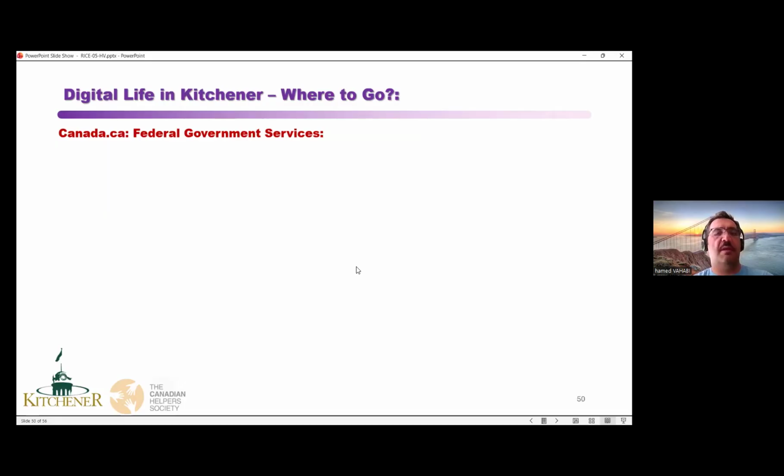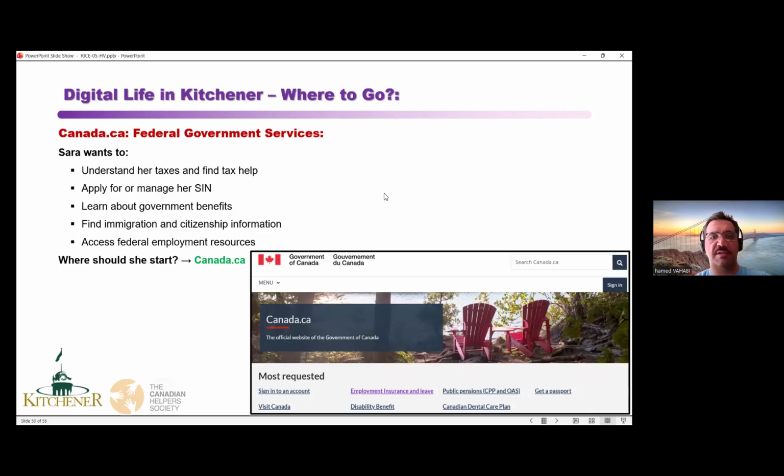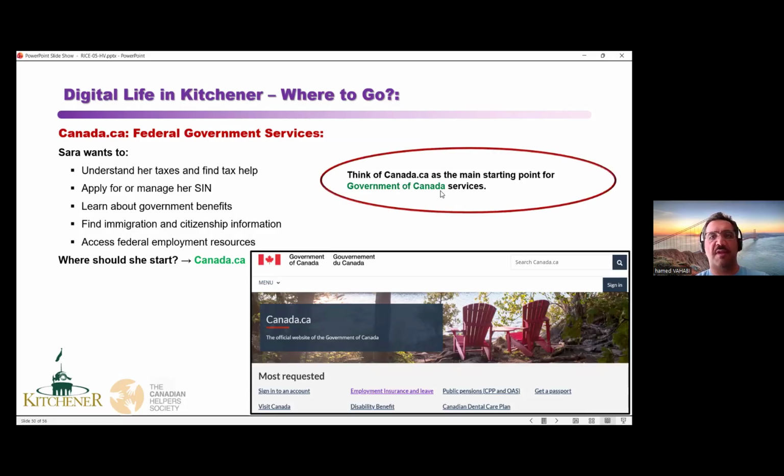so this is this. And the next level of services are federal government services available. For example, Sarah wants to understand her taxes and find tax help. She wants to apply or manage her SIN number. She wants to learn about the government benefits. She needs to find immigration and citizenship information, and she needs to access federal employment resources as well. Where she can find this information, she can go to canada.ca. We'll browse it quickly, but like I said, think of canada.ca as the main starting point for Government of Canada services. Okay,